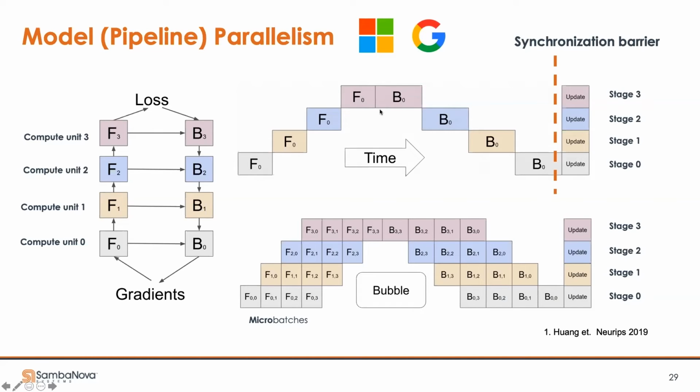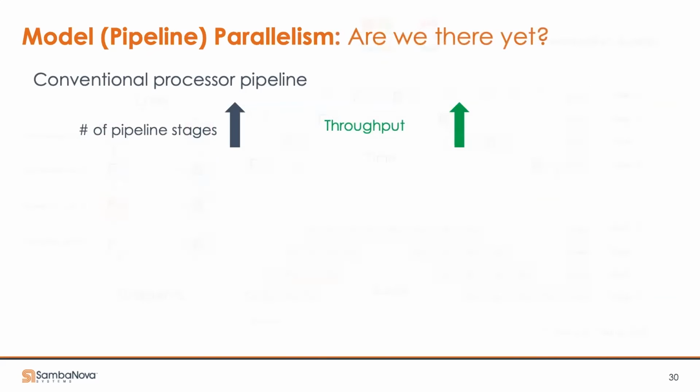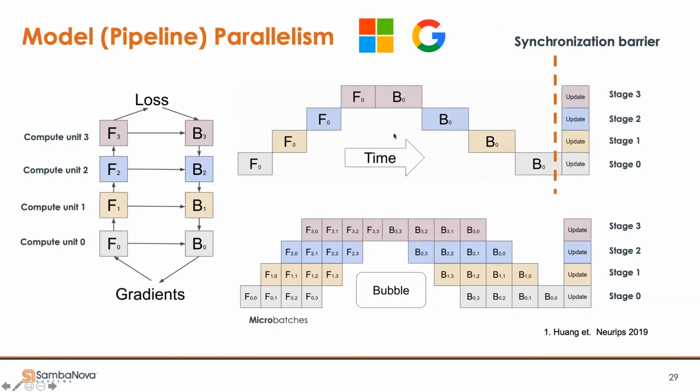The backward flow starts from the last compute unit, and all of those partial gradients are communicated backwards one step at a time until you get to the first compute unit, where you calculate the backward path for the first part of the graph. Eventually, you hit a synchronization barrier, and at this synchronization barrier, all of the compute units are expected to update their weight values to get the updated weights for the graphs that can be consumed by the next batch of the input. Now, as you can see, this kind of execution leads to a lot of gaps in terms of